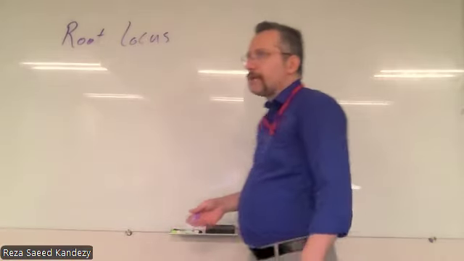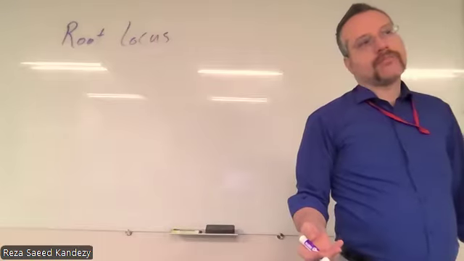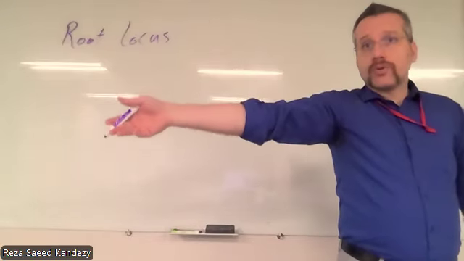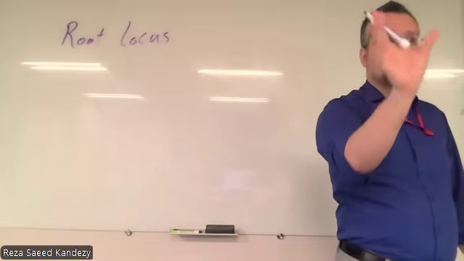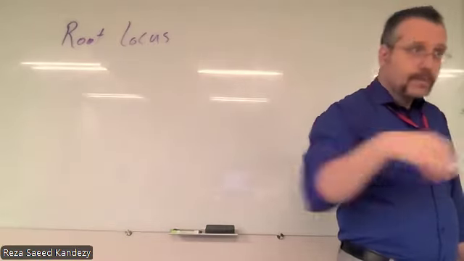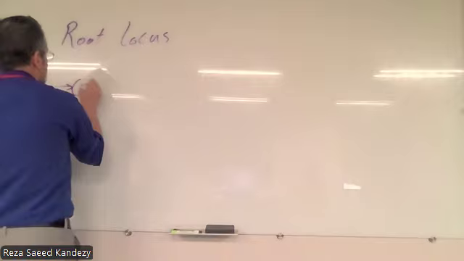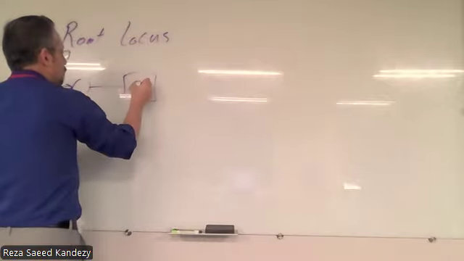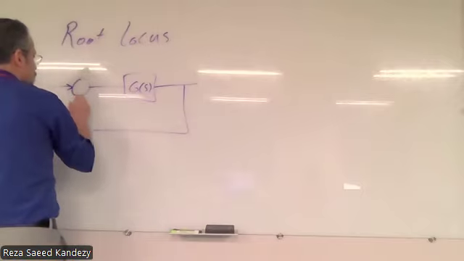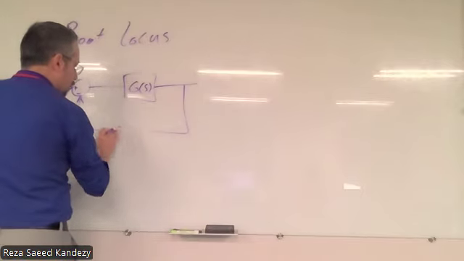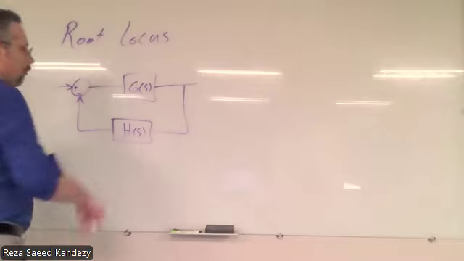Now, the root locus basically is a graphical representation of our system when that system is closed loop. So we are not talking about a simple transfer function. We are going to talk about a closed loop system, that feedback situation. When we have a closed loop, we have our input, we have our, for example, G of s, and then we have our feedback that could also have a certain H,